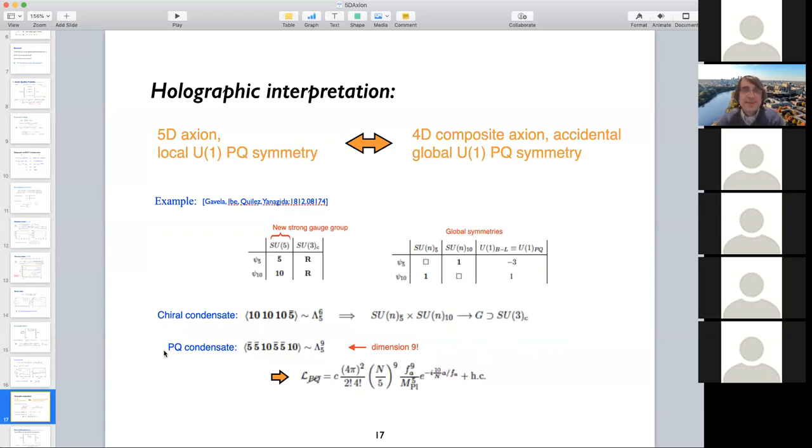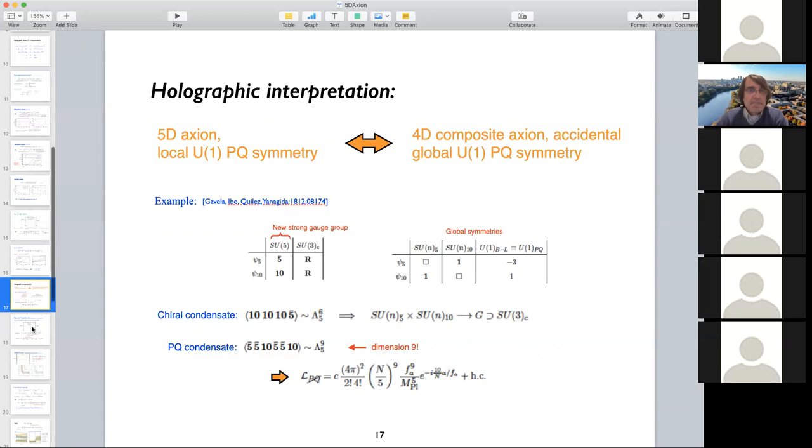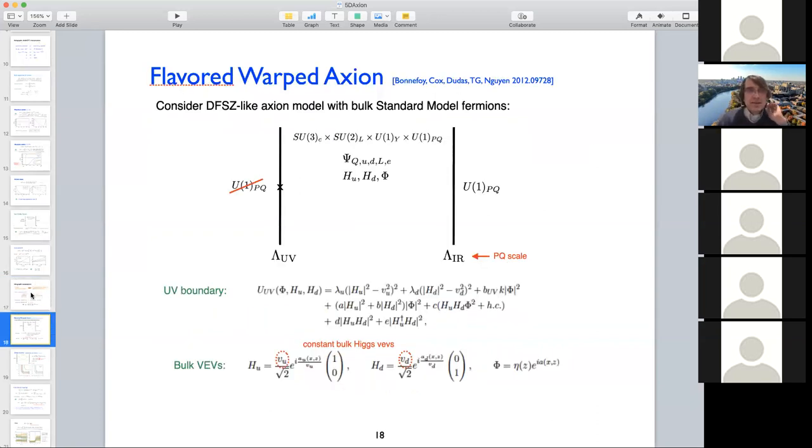Now, it turns out that people have actually made 4-dimensional models with an accidental symmetry, and it has the features that we find in the 5D theory. But let me not go into that detail right now. So instead, let me just continue with this particular model, because now that we have a model where the Axion quality problem is solved, you can actually continue further with the framework to generate, for instance,